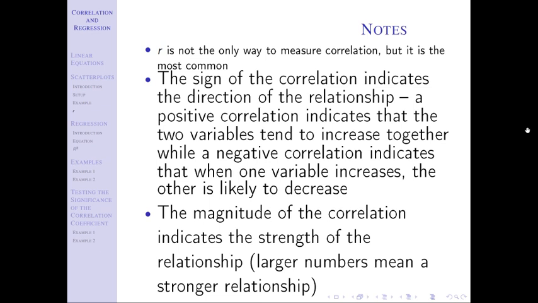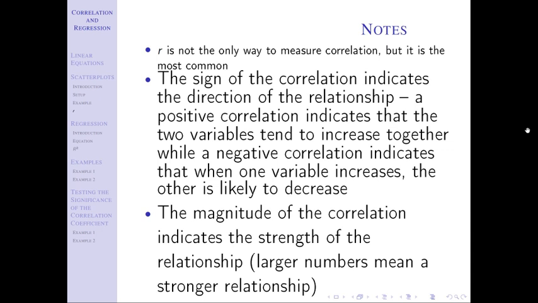The magnitude of the correlation indicates the strength of the relationship. And maybe more specifically, the absolute value of the magnitude. We said that r falls between -1 and 1. It's likely going to be helpful for you to think of the sign as something completely different from the number that follows it. So make sure you hear that. The sign is completely independent of the number. The sign just tells you the direction. The number, the magnitude, tells me the strength.